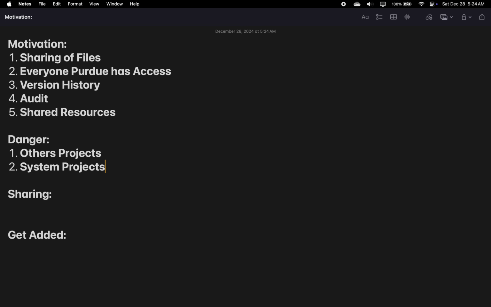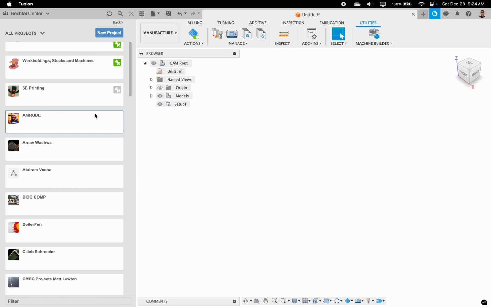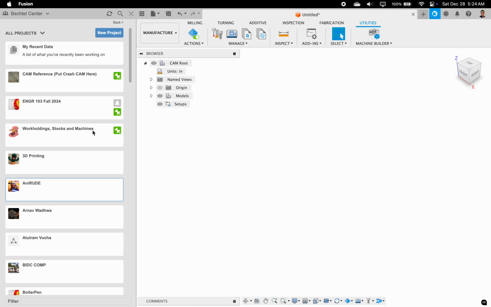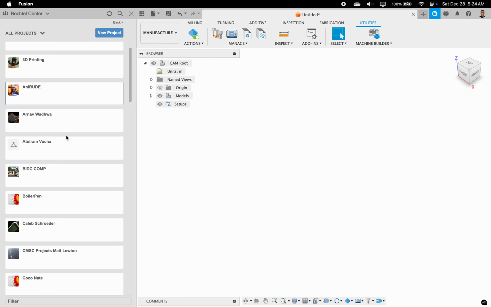This is the second danger. If you mess with someone else's project, they might be annoyed, but this will be a single person or a single group problem. However, there are some projects that are system wide. So things like CAM references, work holdings,